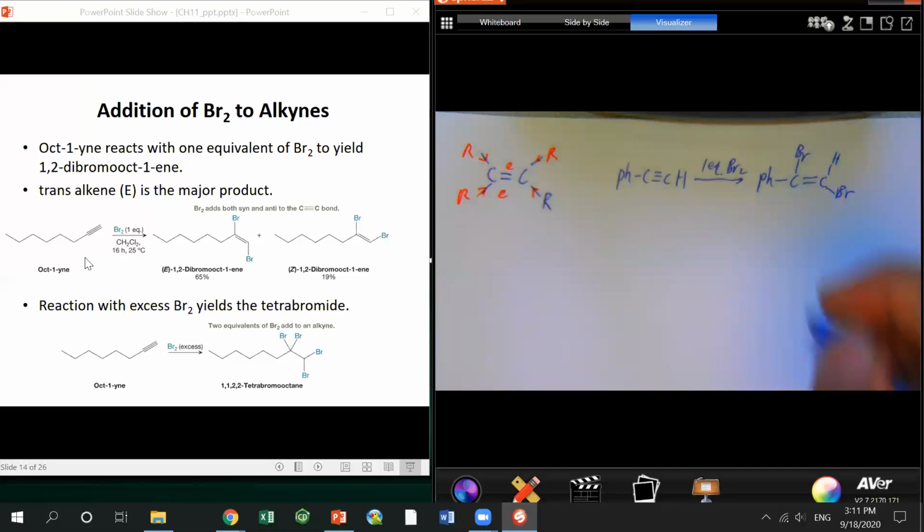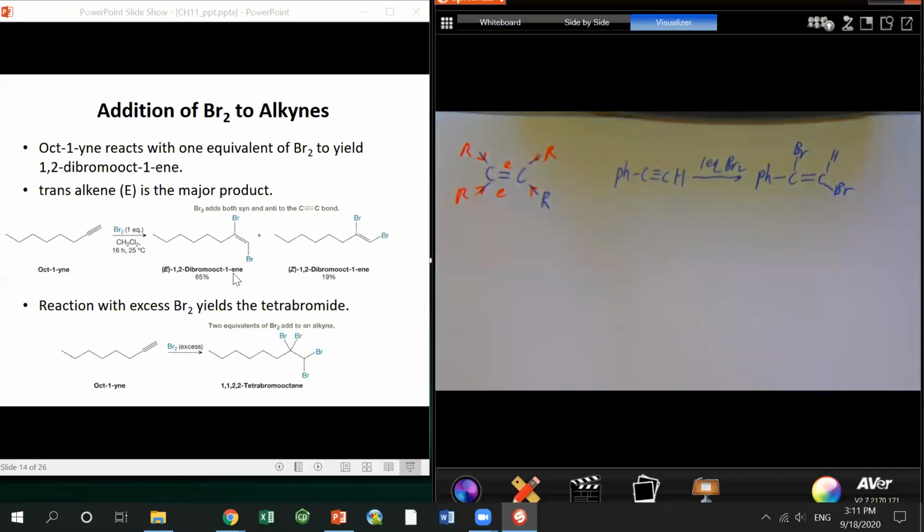With anti-addition, one bromide goes up and one bromide goes down, so that's your anti-addition. An example is also shown here, where we have the anti major product. But if you use an excess of